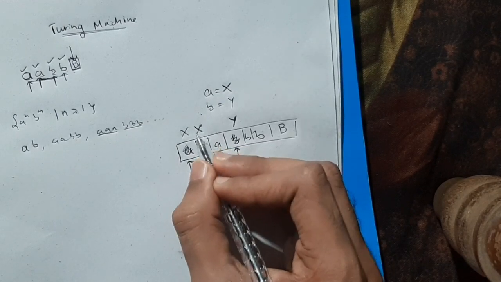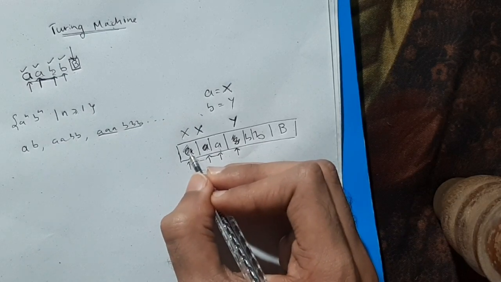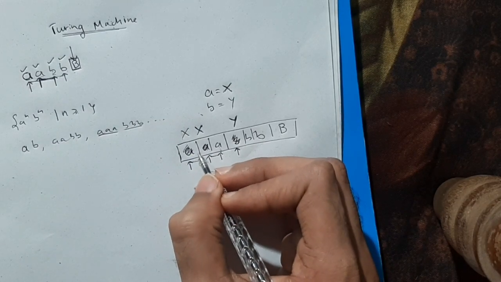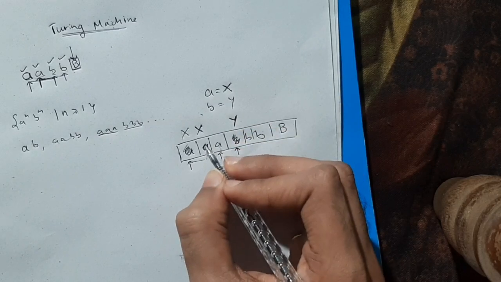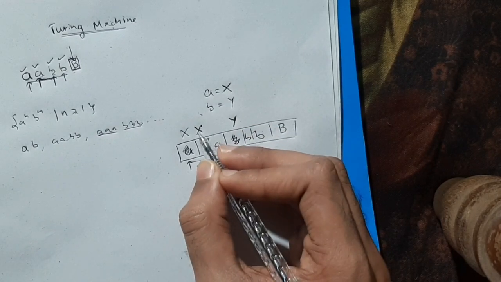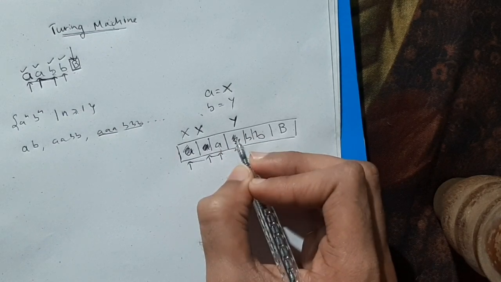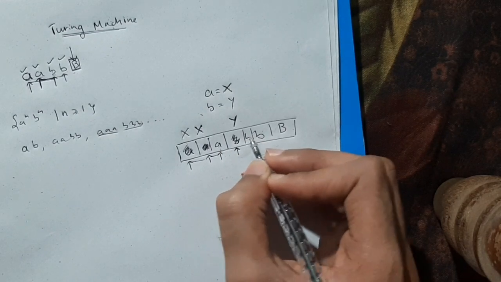Don't worry about how I will know if it is the first A or not, how the machine will know if there are any more A's. That we will be discussing more in the transition diagram. Okay, for now just get the logic of it. I will mark it as X here, then again I will find B. I'll keep A as such, then I'll move here, Y I have to ignore because I want B, I'll come here, I'll get B,